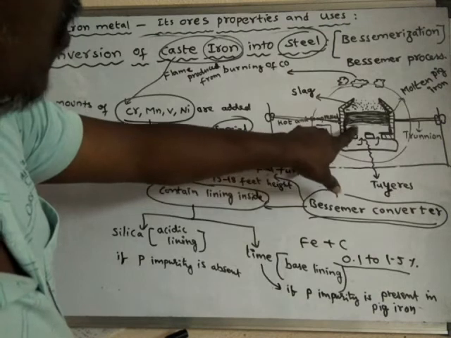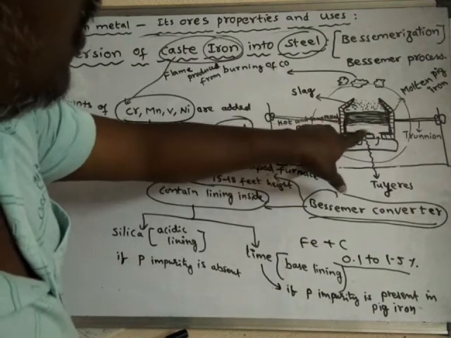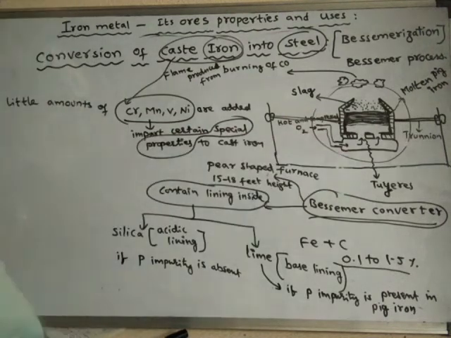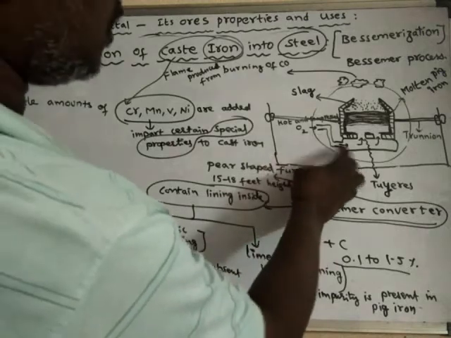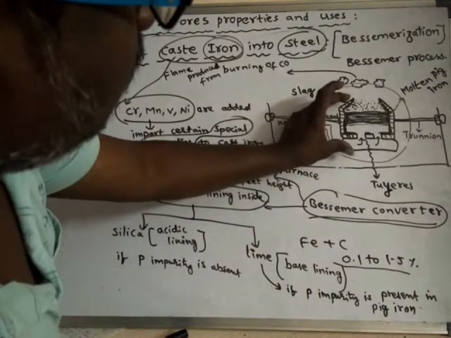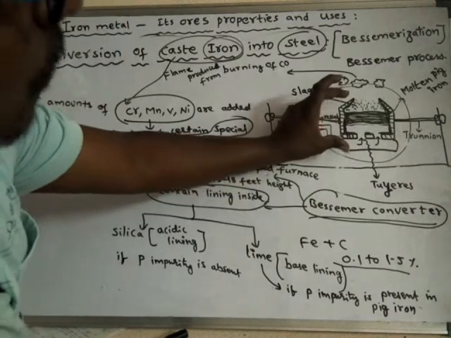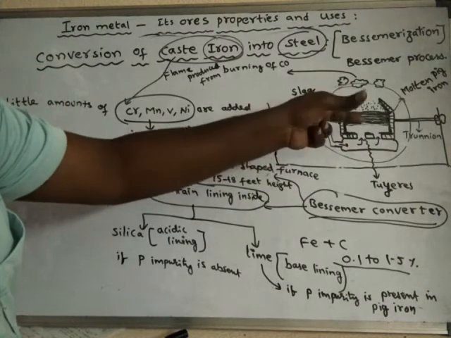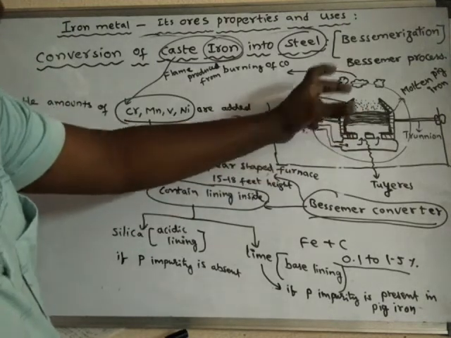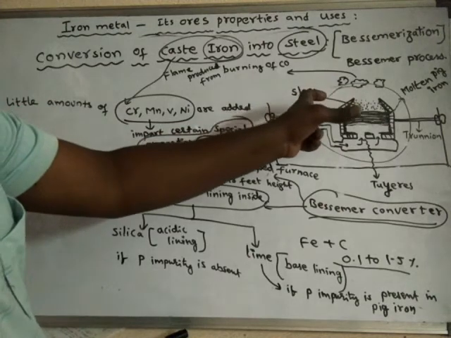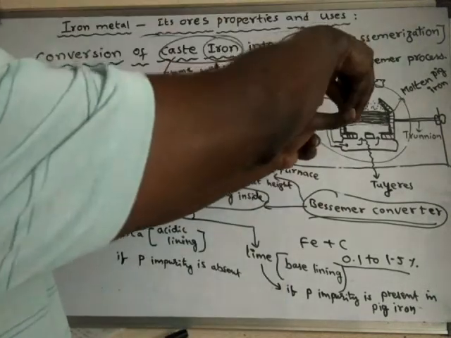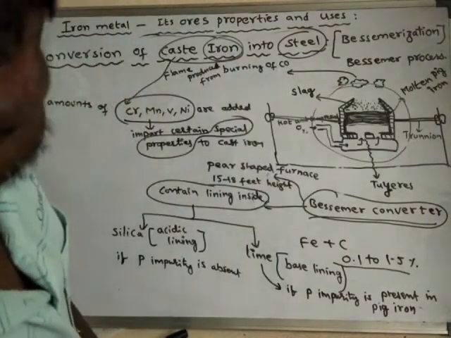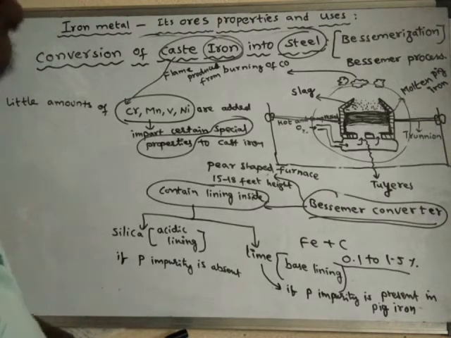Okay, so the oxygen which is entering here is very hot and compressed. Now, this Bessemer converter is in vertical position. First we have to tilt it into horizontal position, and after tilting it, we have to pour molten pig iron. The temperature of molten pig iron is nearly 1200 degrees centigrade.